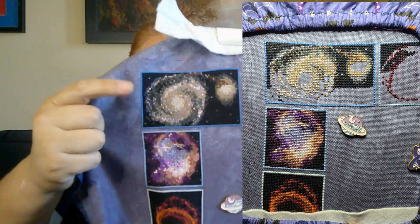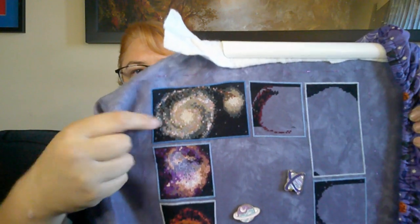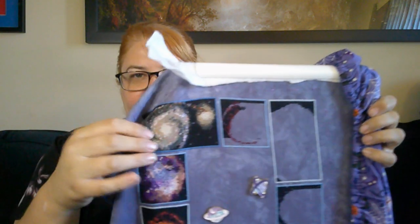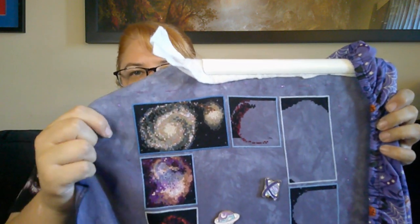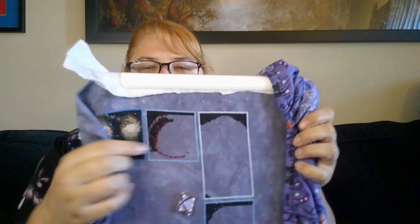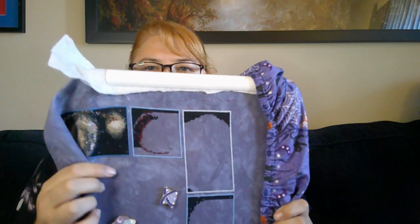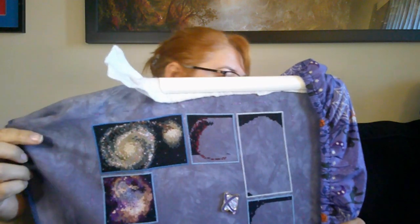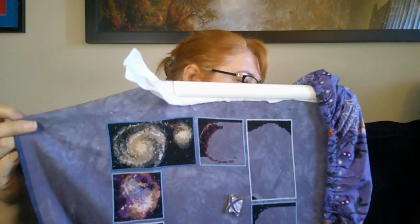This is where I was, and here is where I'm up to. I finished the next picture. This, I believe, is the Whirlpool Galaxy. I did start on this. I only did a couple hundred stitches in there though. I completed